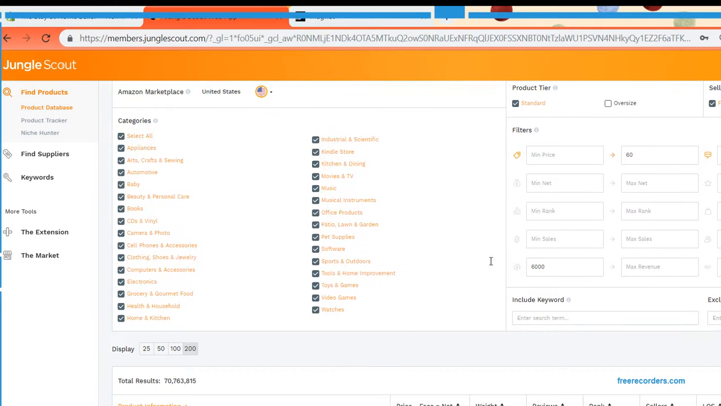So the first thing I like, which should be standard, is you've got the option to include or exclude keywords. Thank you, that's exactly what I want. I should also mention you can do this on the Jungle Scout Chrome app as well. So we're just going to do a quick search,